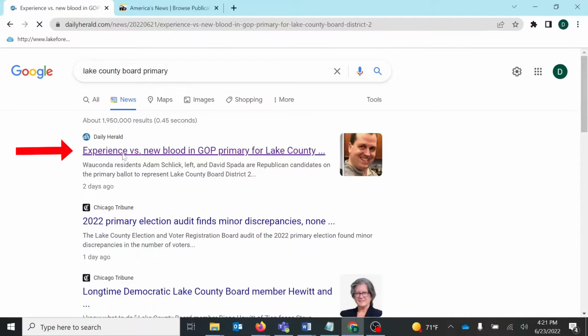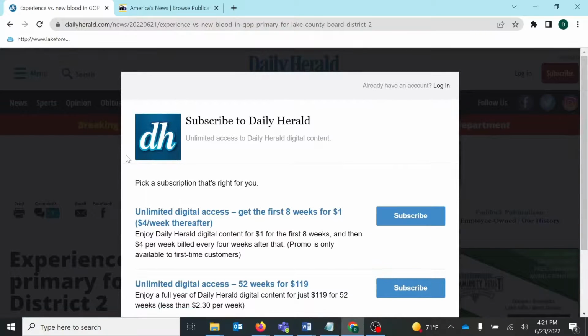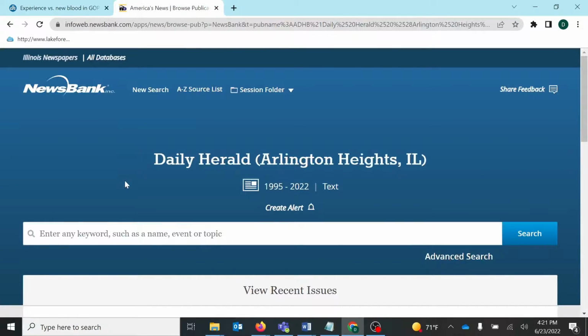But when I click on the article from our Google News results, and it loads, we're going to see that we have this pop-up that asks us to subscribe to the Daily Herald because we've already passed our free article limit. We don't want to subscribe because we already have access to the article through the library. So I'm going to go into one of our news databases, NewsBank, and see that we have access to the